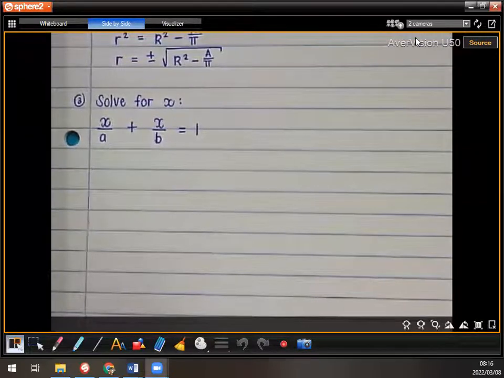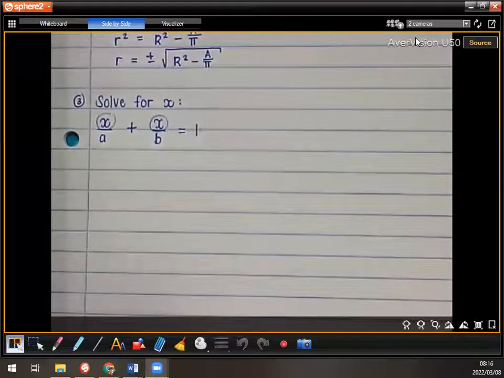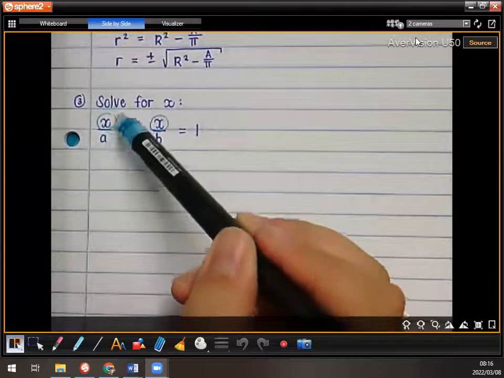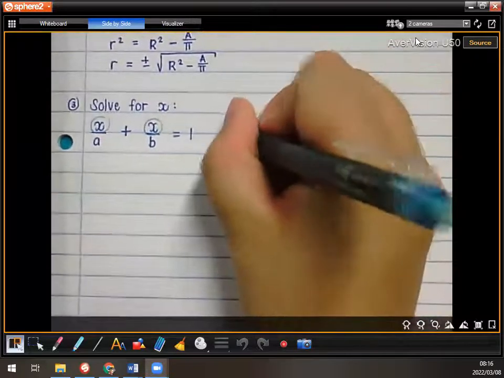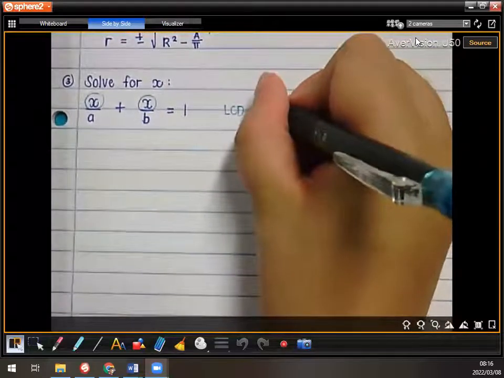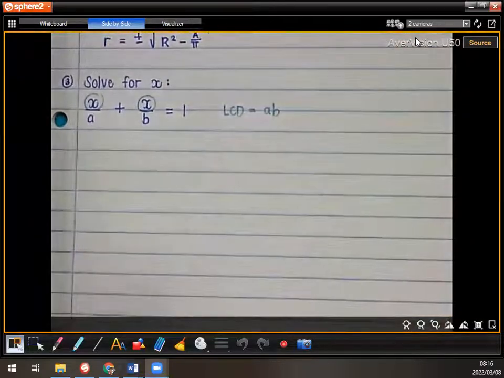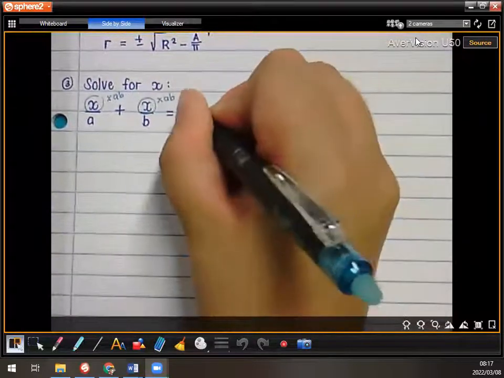Now guys, again I have two terms with an x in it, right? And we're obviously trying to get the x on its own. We're trying to isolate the x, we want to make x the subject, but this is actually an equation with fractions, right? So we can't take out an x as a common factor from those fractions here. All right, what would we do when we're solving for x in an equation with fractions? The LCD. Do we see that the LCD in this case is AB? Okay, A and B, the LCD is AB. So I'm going to times that one by AB, I'm going to times that one by AB, and the one,